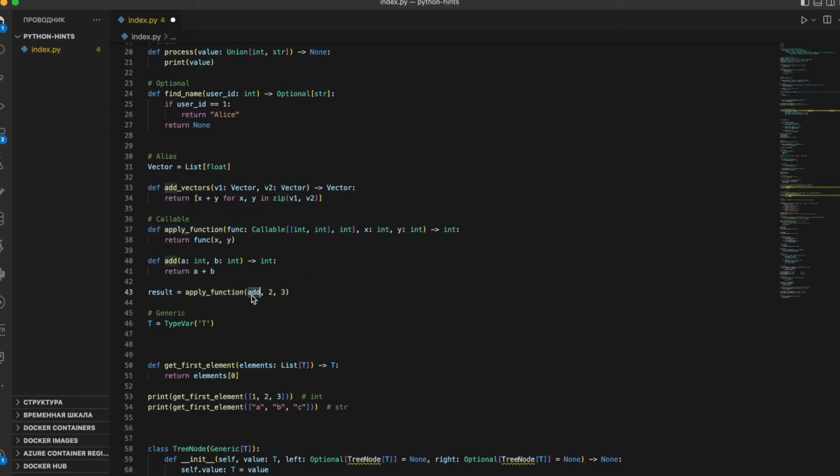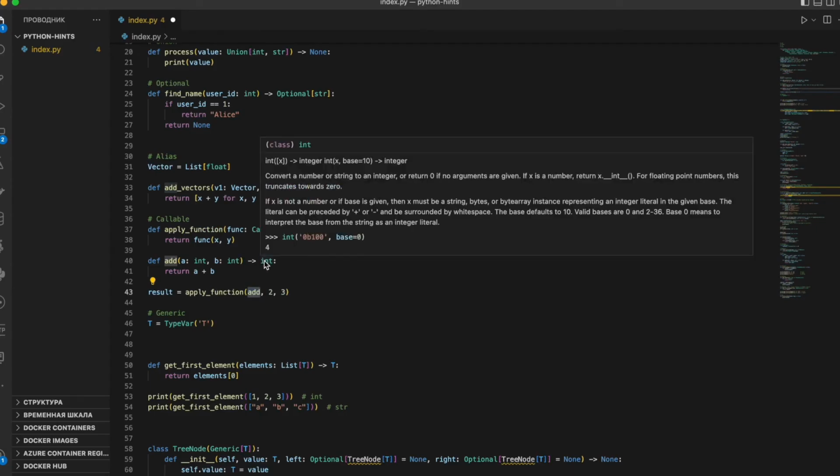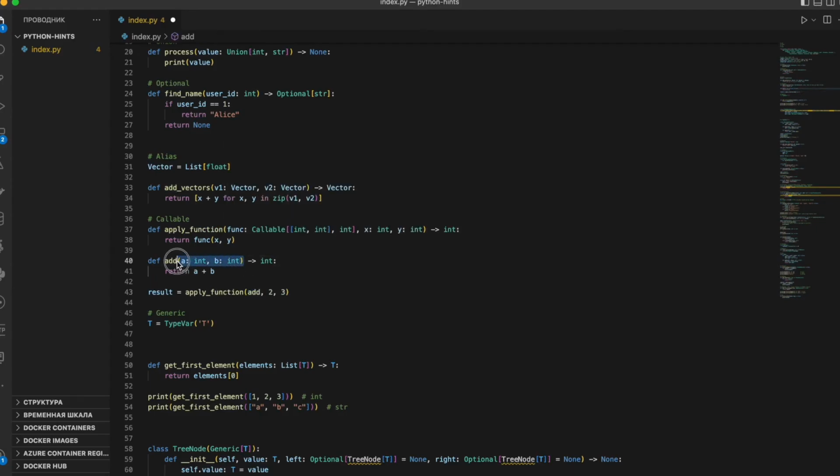We see that here we are passing a function. We understand that the function has arguments and return values. To specify the parameters of our function as type annotations, in Callable, the first value we write is an array